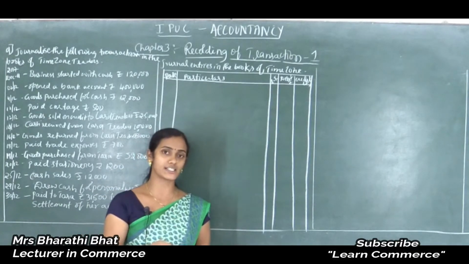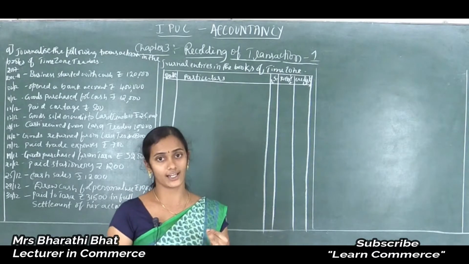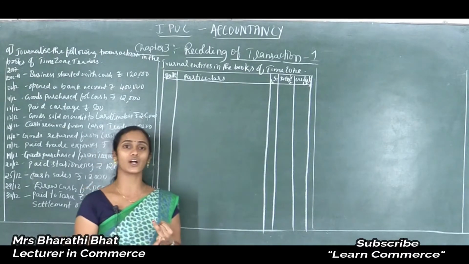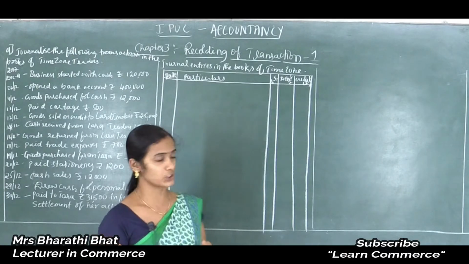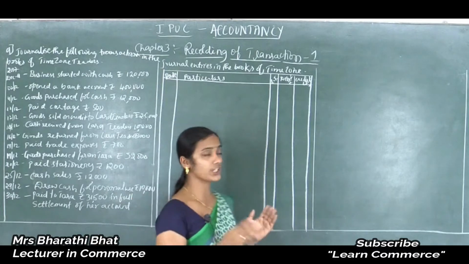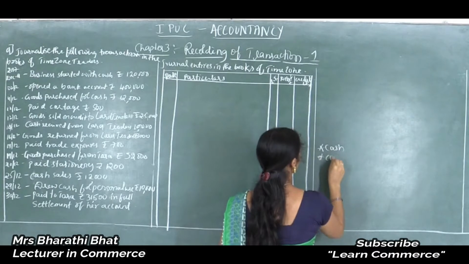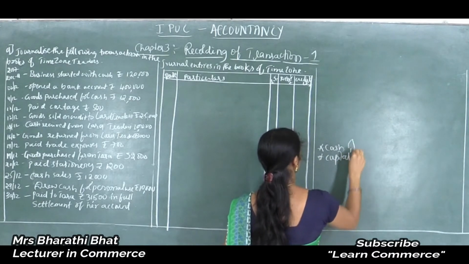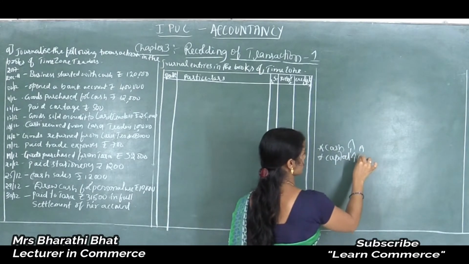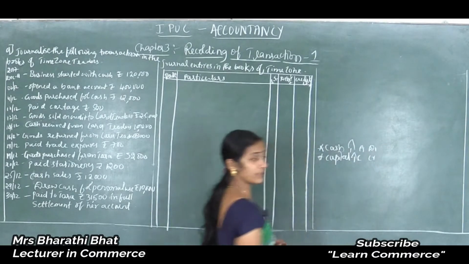When we are starting a business organization, if the owner invests capital or invests cash, that is called capital. So one account is capital, another one is cash, because business started with cash. So here two accounts, one is cash, another one is capital. Cash shows increased value, capital shows increase. Cash comes under asset, capital comes under capital. Increase in asset is to be debited, increase in capital is to be credited.